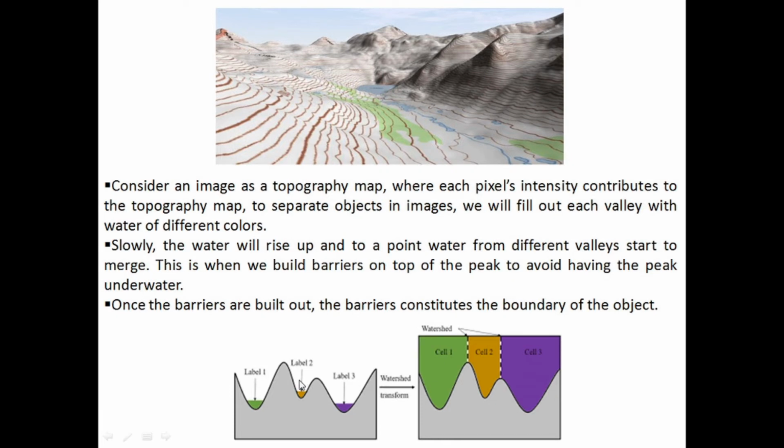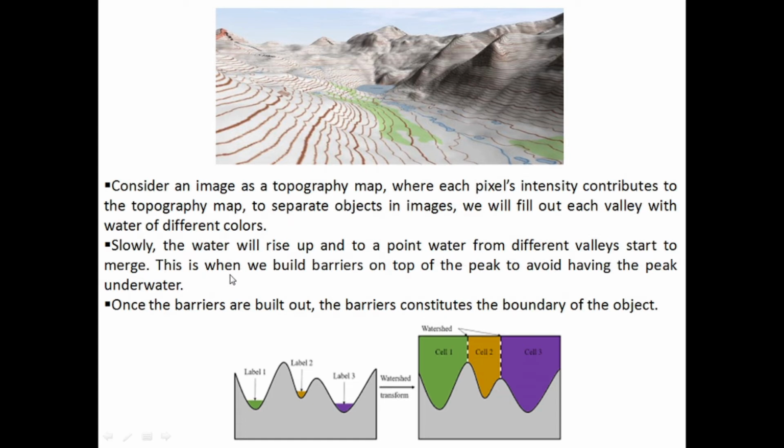So in order to avoid this, what I am going to do is this: as the water slowly rises and at some point water from different valleys starts to merge,